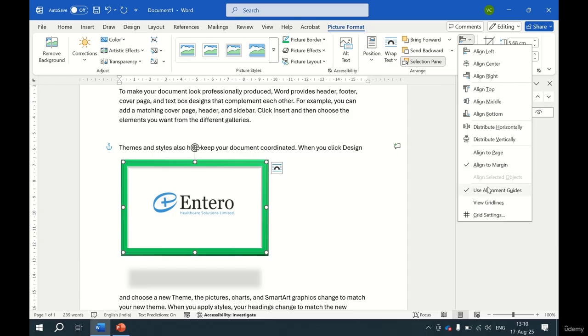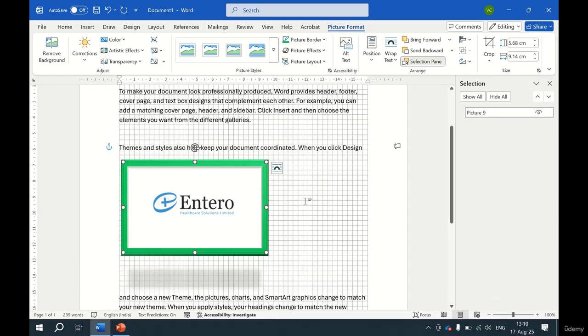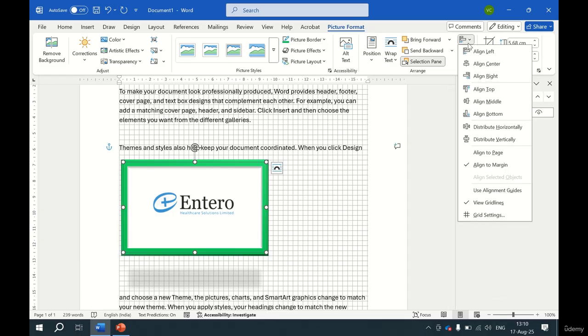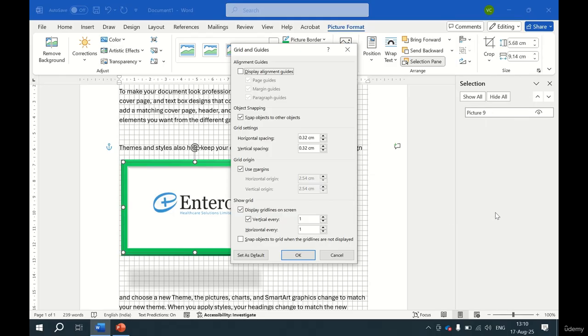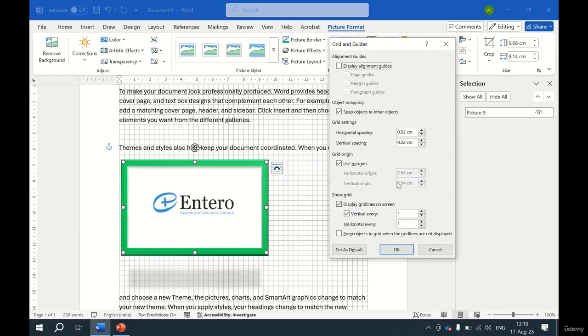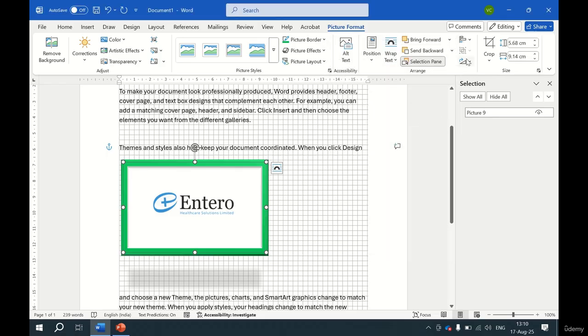Now next is View Gridlines, so you can view the gridlines from here. Now next is Grid Settings. You can change the grid settings from here, whatever settings you want, like horizontal spacing or vertical spacing. You can increase or decrease from here, whatever you want. Now next is Crop, but previously we have some more options here, that is Bring Forward and Send Backward. So let's say